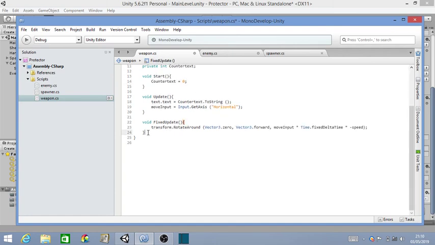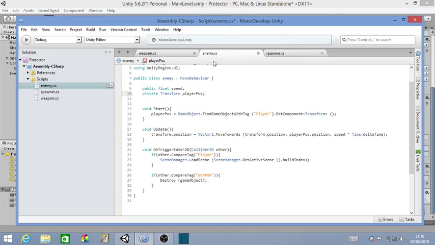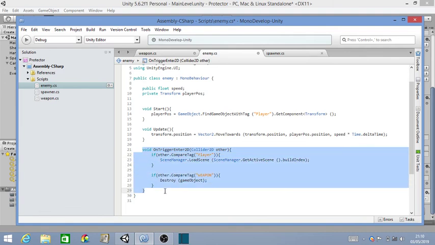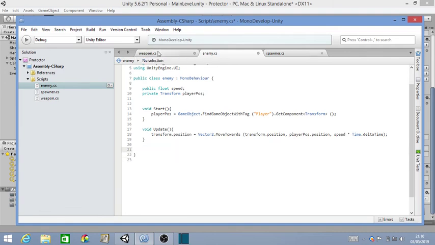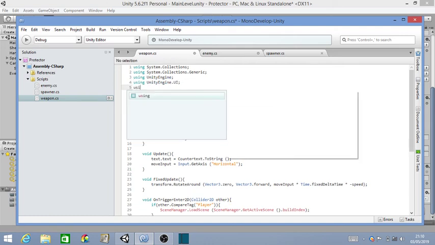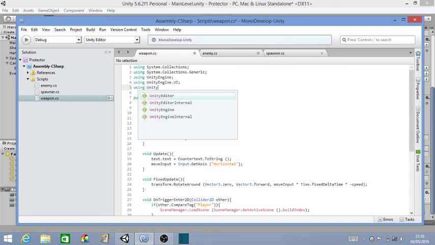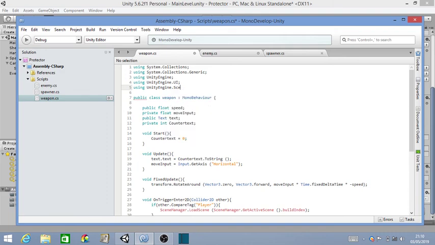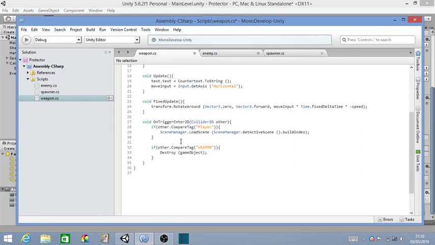Okay, so what we actually need here is a trigger event. So what we can actually do is cut this code right here and put it into the weapon script. First of all, I'm going to say using UnityEngine.SceneManagement. Okay, so yeah, we're going to be saying